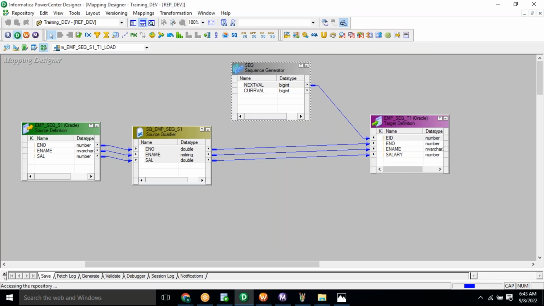With this we are done with the mapping. We have set the start value 1 and increment by 1. As soon as we start execution of this mapping, the reader reads the first record from the source and sends it to the target, and parallelly, from the Sequence Generator transformation, for the first record, the next value we get is 1. That one it will send to the EID. Once the first record is loaded, the reader reads the second record from the source and gives it to the target, and parallelly the Sequence Generator transformation